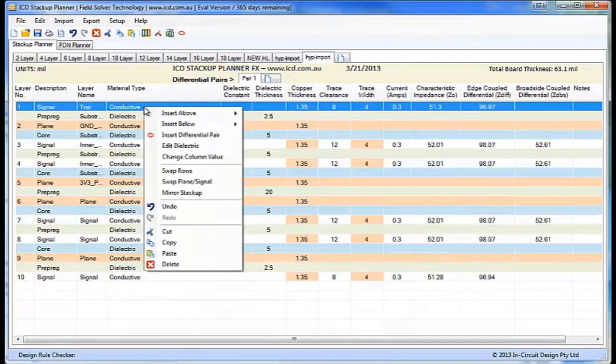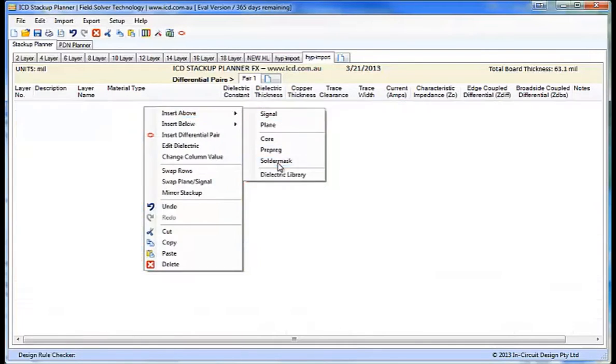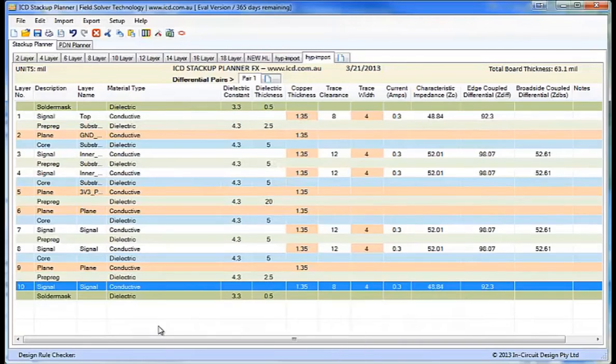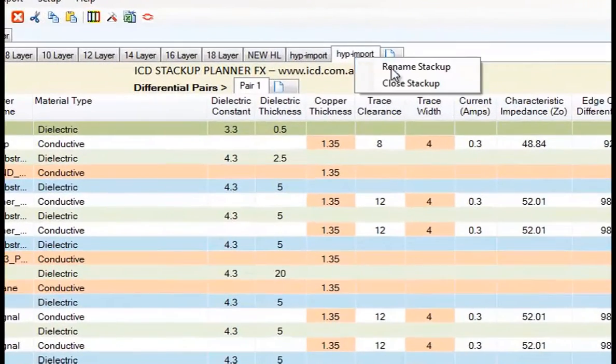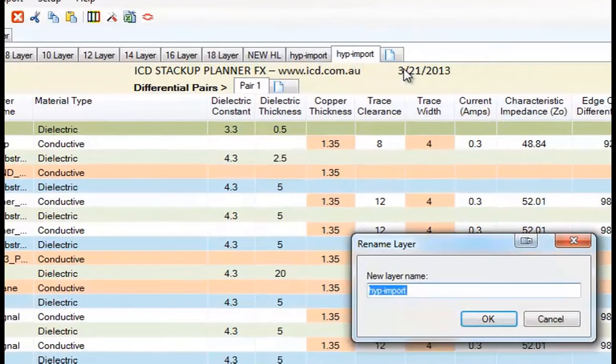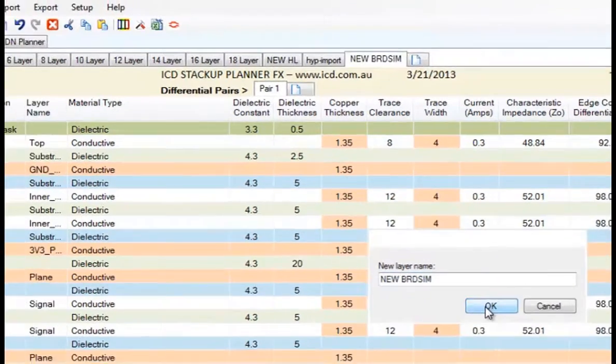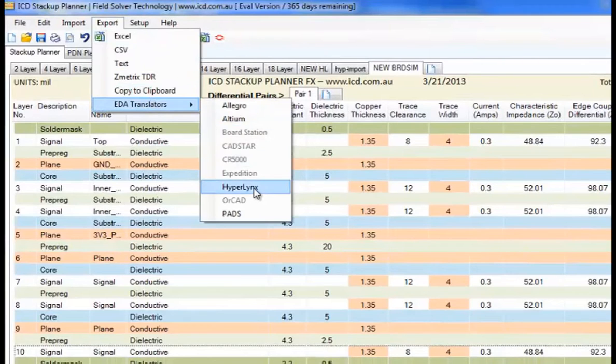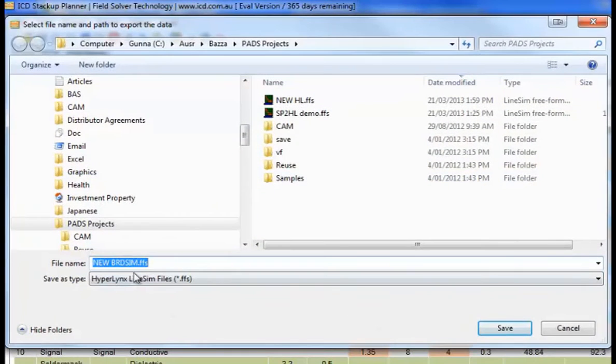And of course we probably need some solder mask on top and also on the bottom, so I'll just insert those, and I'll rename this to new BoardSim. And then what I'll do is export again to HyperLynx, and this is a new BoardSim FSS,